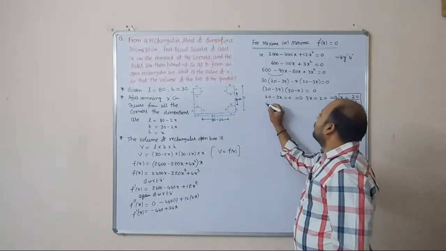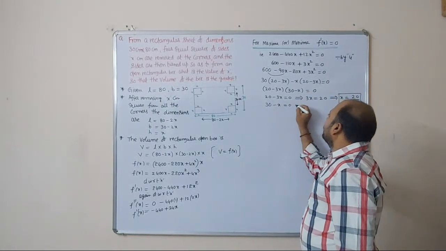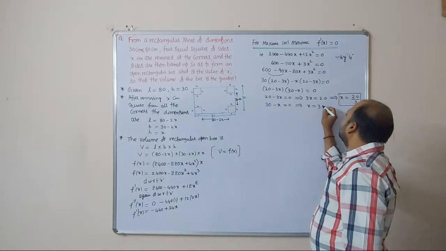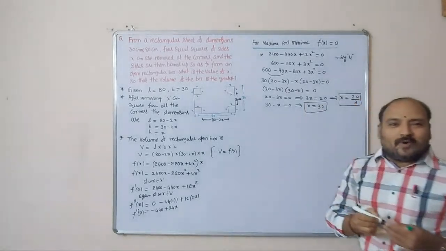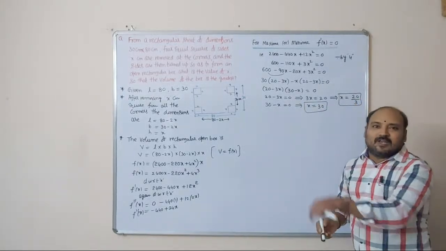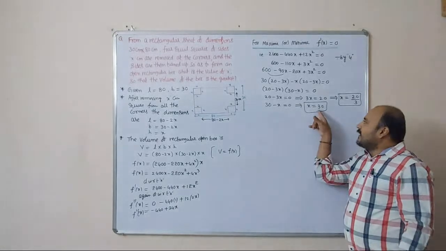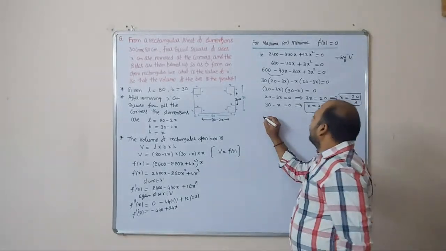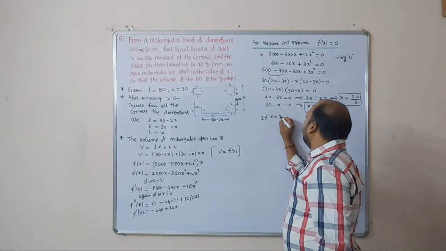Next, 30 minus x equal to 0. That implies x is equal to 30. So here we got two values. Which value is the right value? Which value is possible? If we take x is equal to 30,